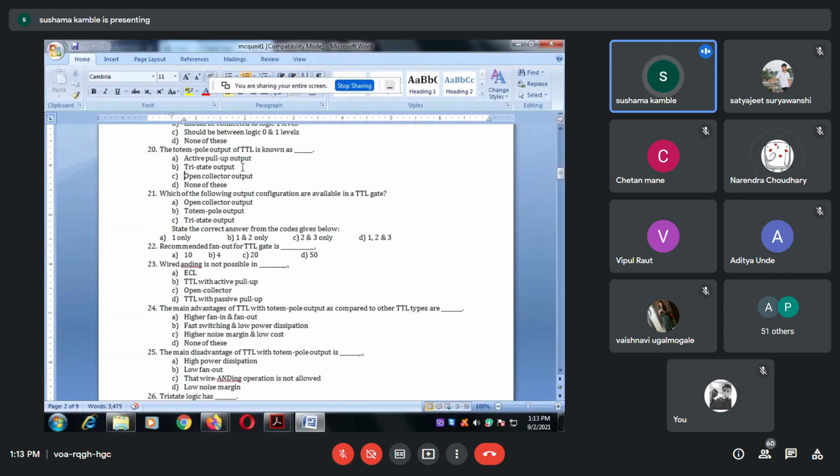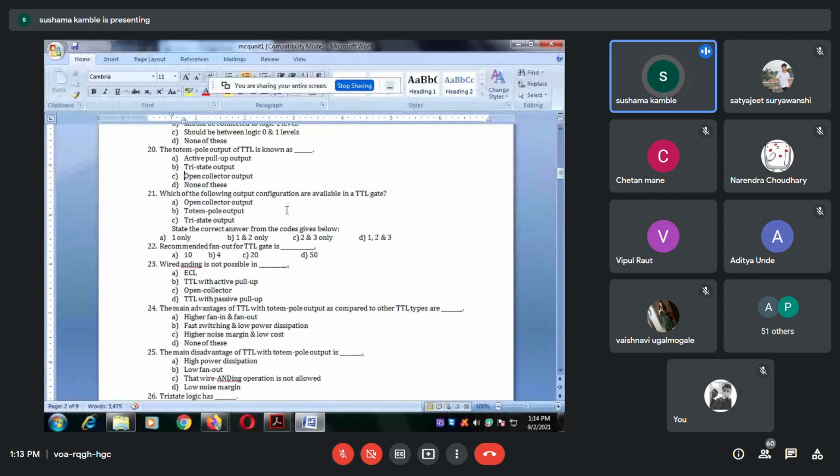टोटम पोल में अभी तो आपने ही बताया ना, दो ट्रांजिस्टर रहते हैं ना, connected in series, and both transistors are connected to the VDD, so it is not an open collector output. So this is called an active pull-up output. Totem pole output of a TTL is an active pull-up output. अभी लिख के ले लो, totem pole / active pull-up.